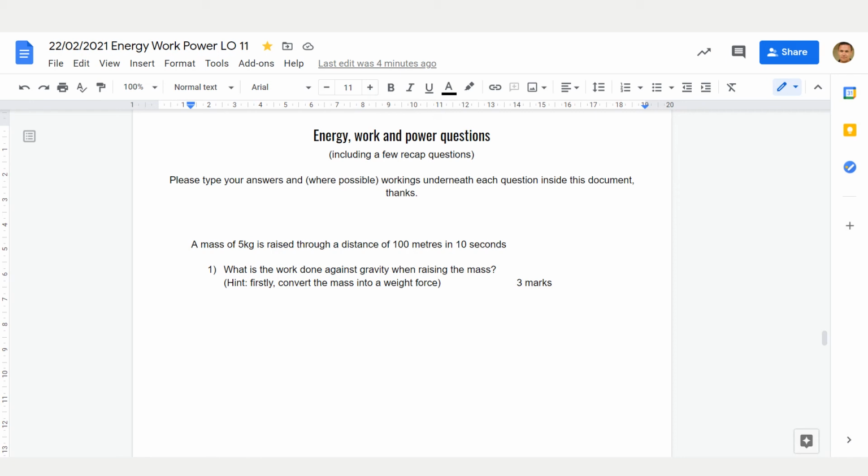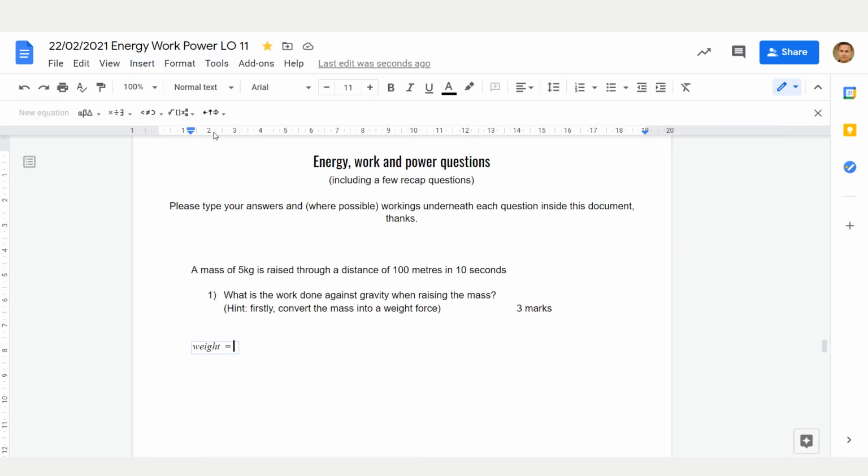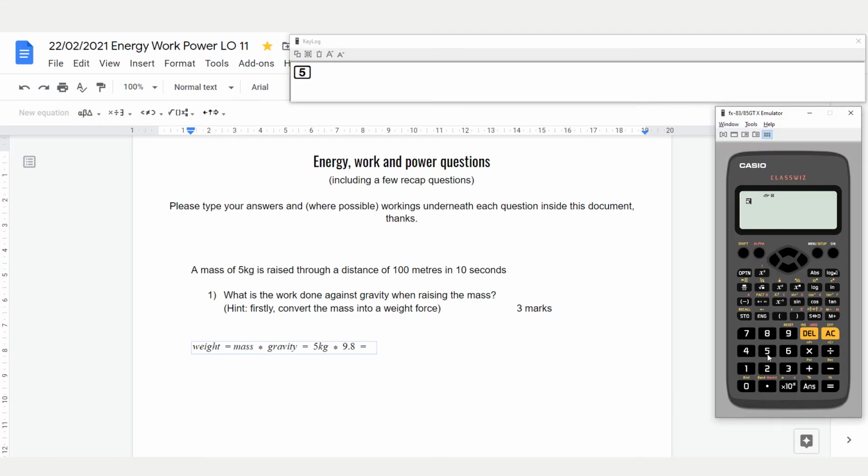Firstly, convert the mass, 5 kilograms, into a force or a weight. So just insert an equation, mass times gravity, which is equal to 5 kilograms times, you'll be given the acceleration due to gravity, but we'll use 9.8 for this, which is equal to, get the calculator out, 5 kilograms times 9.8 meters per second squared is equal to 49